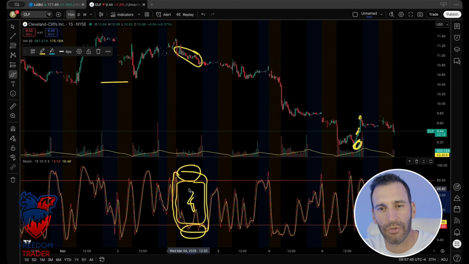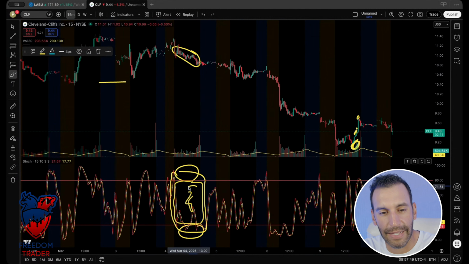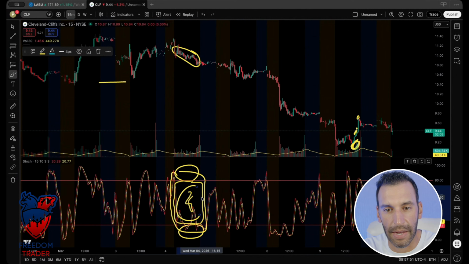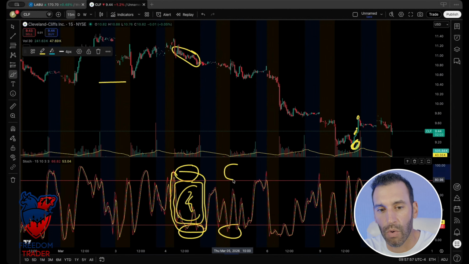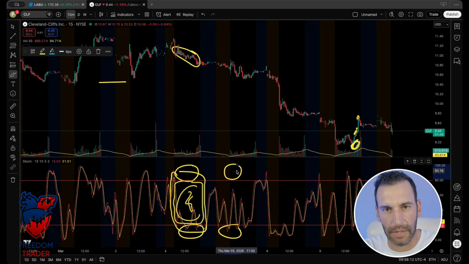This is a type of trade where you're taking on more risk than you should be, because it's the type of trade that you just should not be in. You want to be taking higher probability trades that are below 20% or above 80% on the stochastic with good volume, and then have your trailing stop in place of that 3 to 5% number. If you do these three little things, you are going to do very well